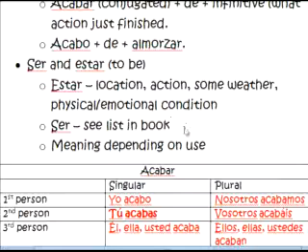The main thing that you really need to understand is that in English, these are not two different verbs. So if I wanted to say John is mad, John está enojado, or John is a doctor, John es médico. I'm using two different words in Spanish, but the word in English is common, is. John is a doctor, John is mad. So that's really important to realize that the English is exactly the same.